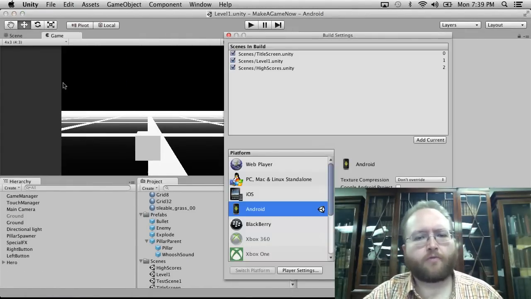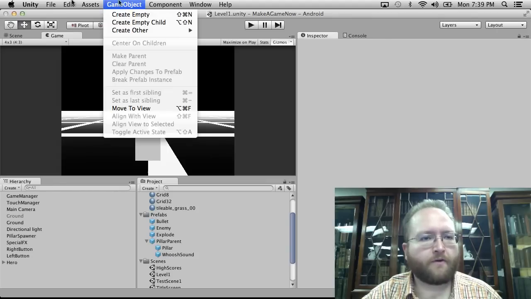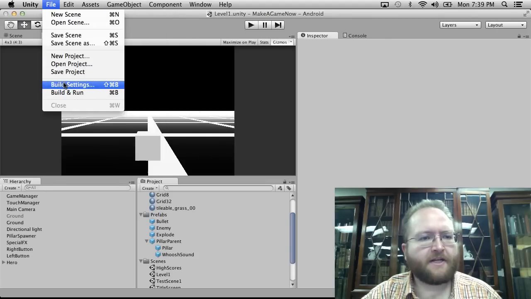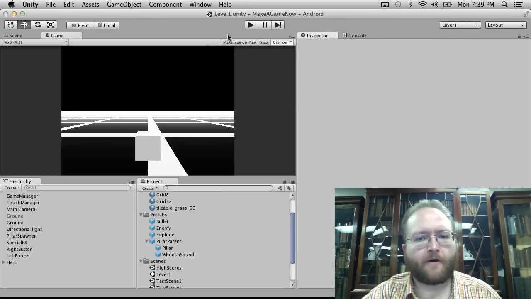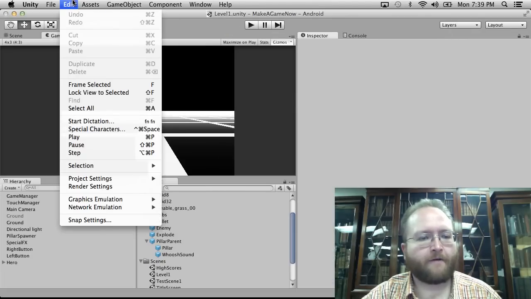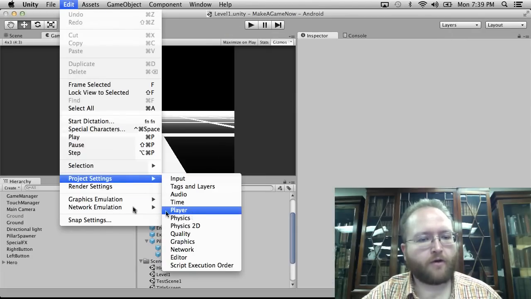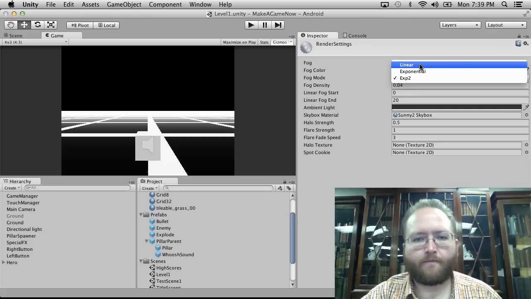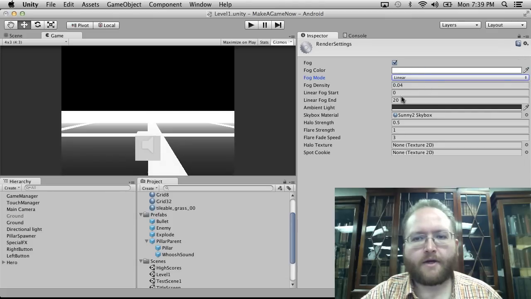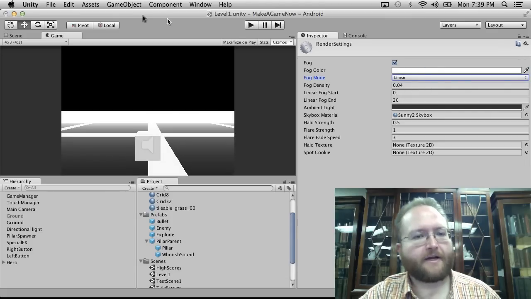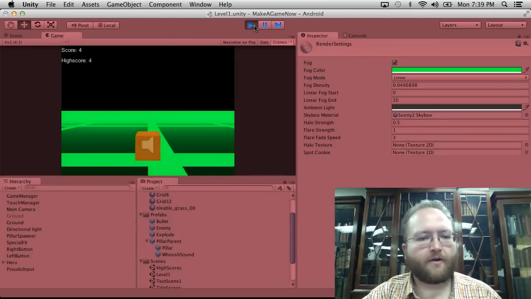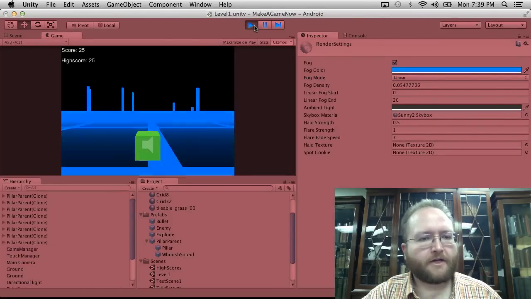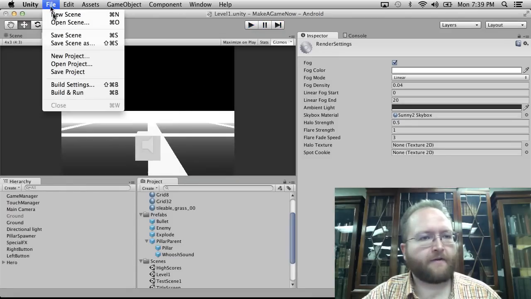This isn't going to properly work with our music thing just yet, but I'm going to see if the exponent fog is not working, but the linear fog actually does work. So we're going to go to Project, Render Settings. We're going to change this to linear, and I'm just going to leave it like that. It's going to look not so great, and it's not going to actually move the music. But I just want to see if this actually renders on the device. So if we save scene, save project, build and run,